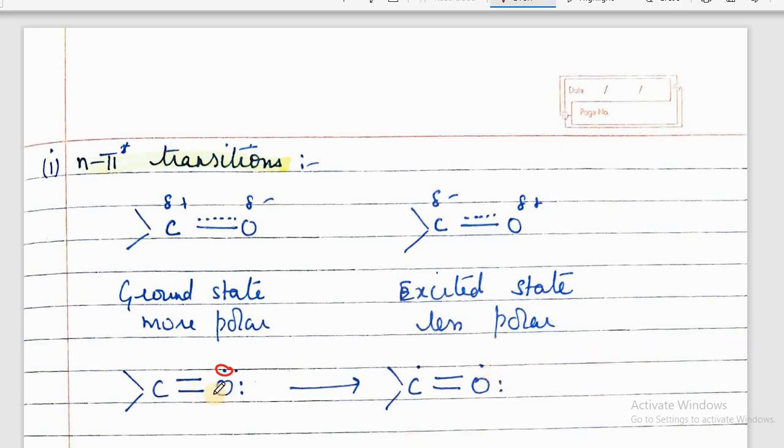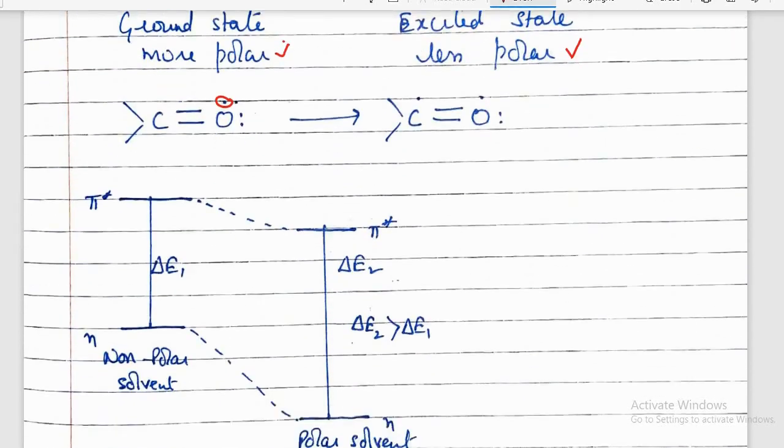So if we see here, the electrons are present on the oxygen, so this bond is more polar. This is the ground state and it is more polar. But when the electron is excited to this, the polarity will decrease, or say it is less polar as compared to the starting carbonyl compound. So the ground state is more polar and the excited state is less polar. Here these are the positive and negative centers, and here this polarity will decrease. So when this happens,